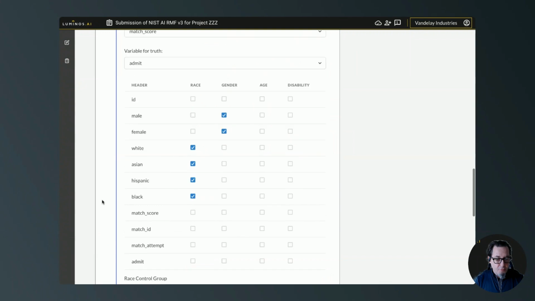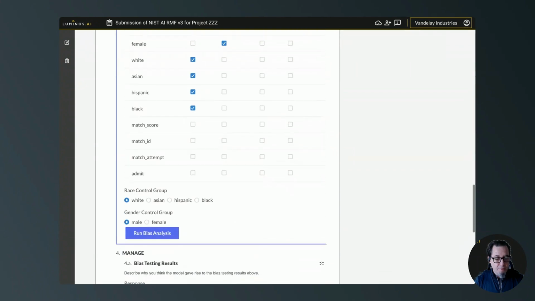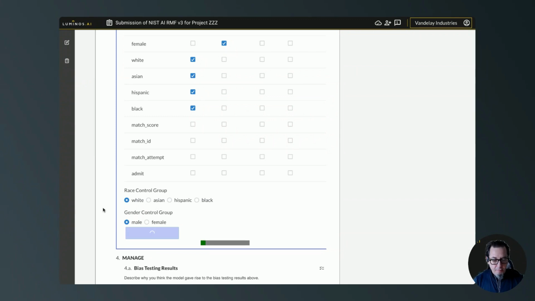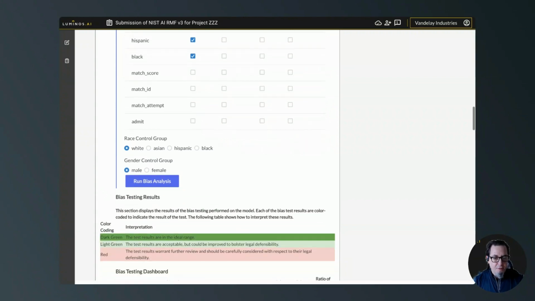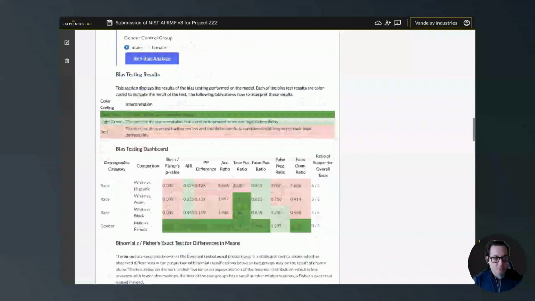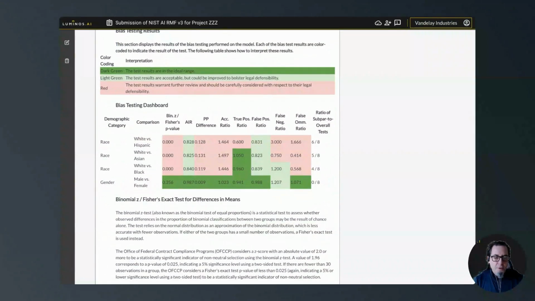So once I've selected those things once, now I've got my data uploaded and I'm ready to run my statistical bias testing. And again, what's happening in the background here is our model is looking at the output of the AI system in question, and it's performing population tests to decide whether any difference in treatment of those populations is statistically likely to be chance or looks unlikely to be chance, and it appears that there is some bias in the results of the model. And that's one of the things that you have to document to guarantee that you're being responsible with development of an AI system. So in this case, we have run a full suite of tests,